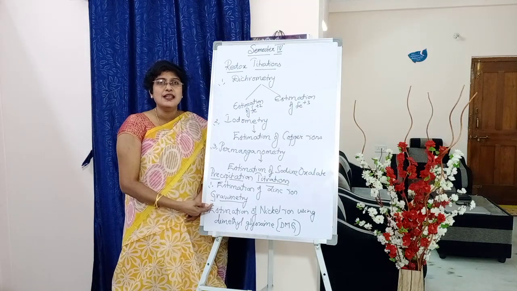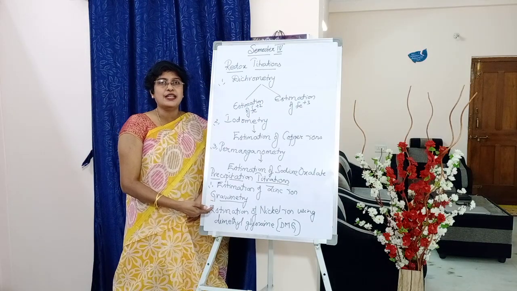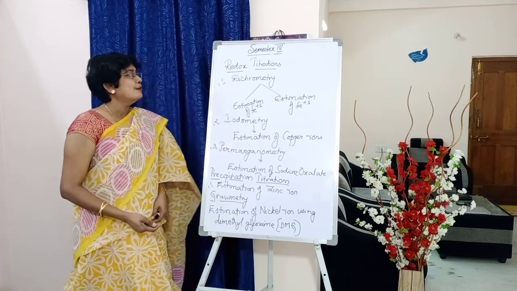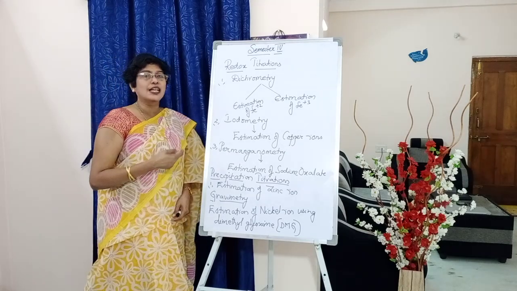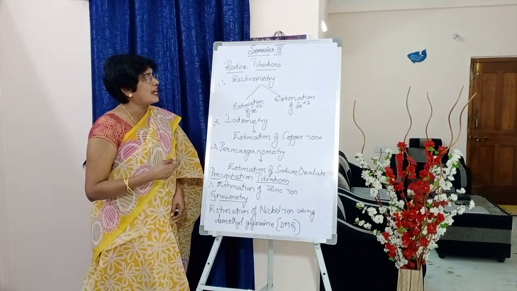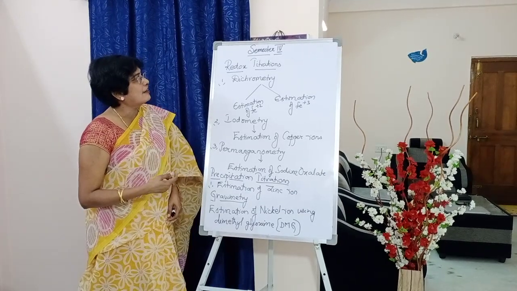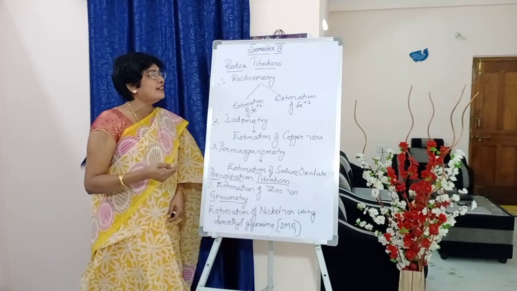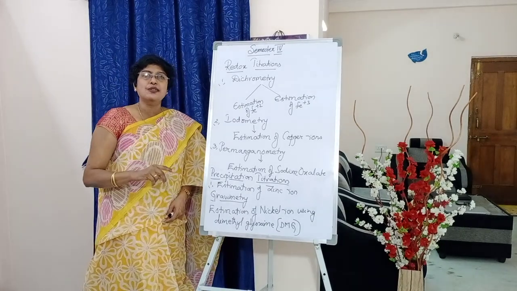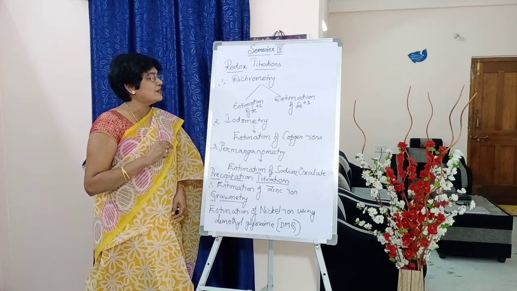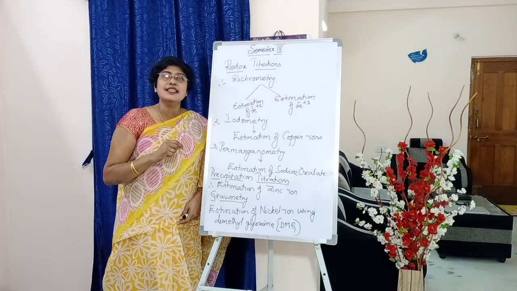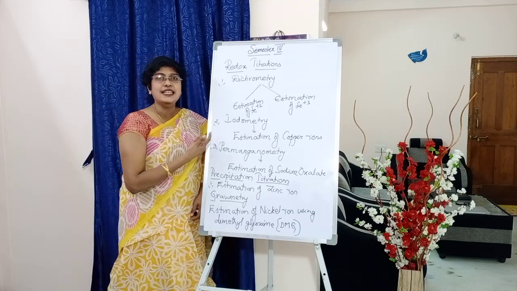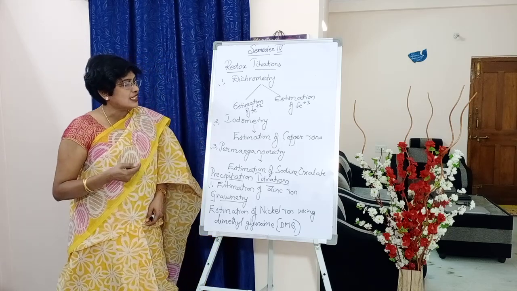This last one we don't generally do in the laboratory. If time permits, I will show you the demonstration. But we are going to do redox titrations, under which we have the first one as dichrometric titration, students. Under dichrometry, we have two experiments. Number one, estimation of ferrous ions, and the second one is estimation of ferric ions. Then iodometry, under which we are going